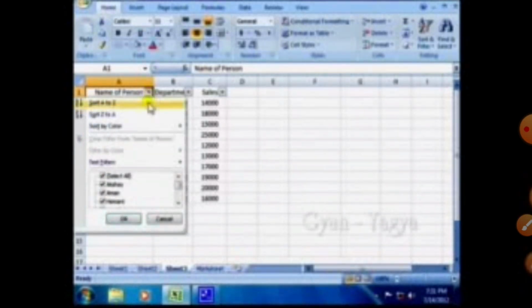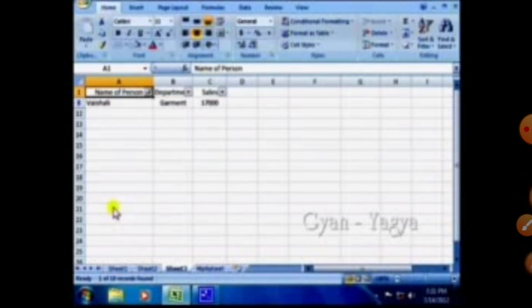Here we find the filter option. As you click on the filter, three buttons automatically appear on our data heading. If we want to see the individual details of a person, click on the name dropdown. Select All is checked, so remove it, and here we find the names.